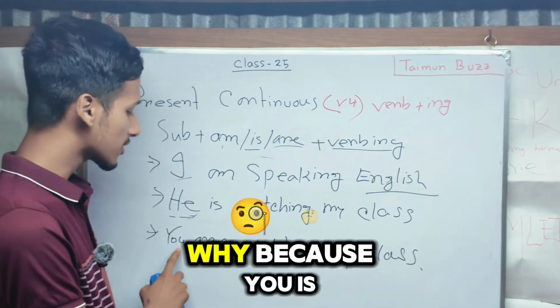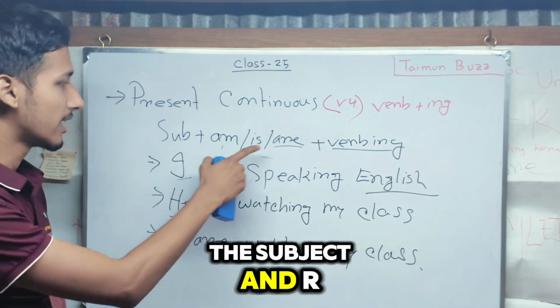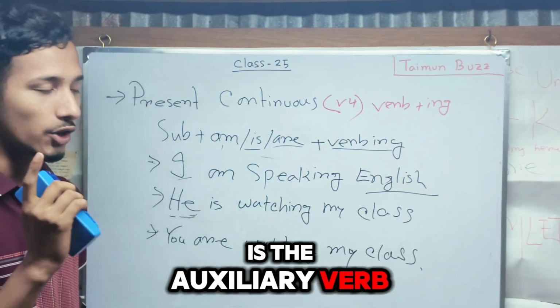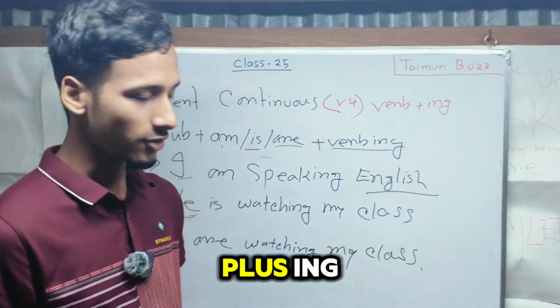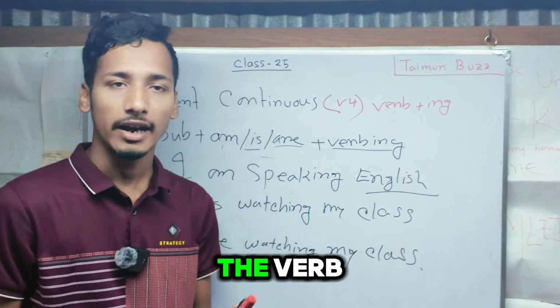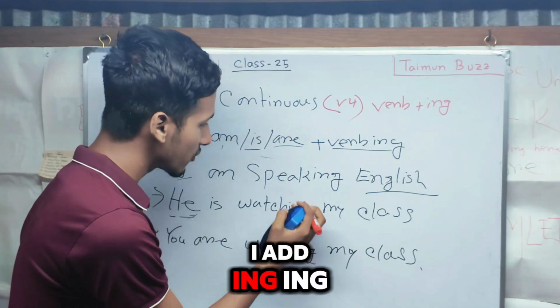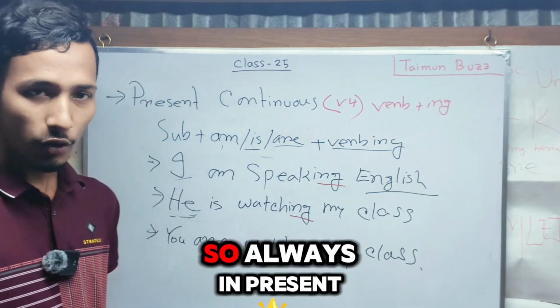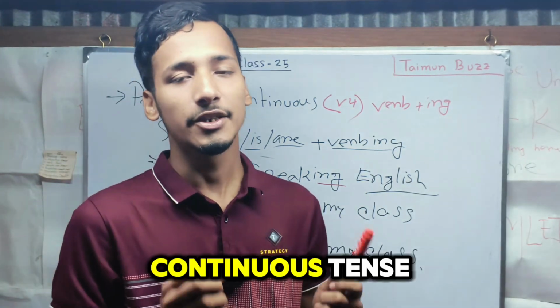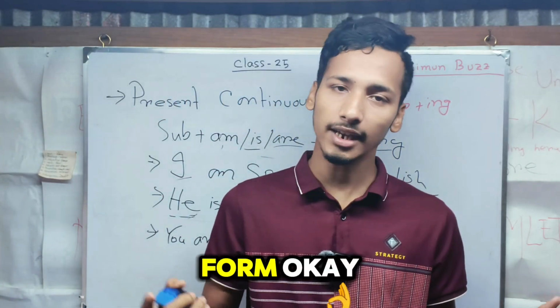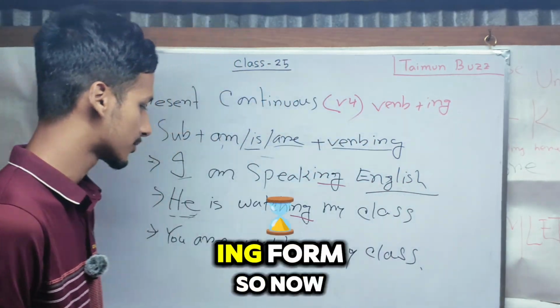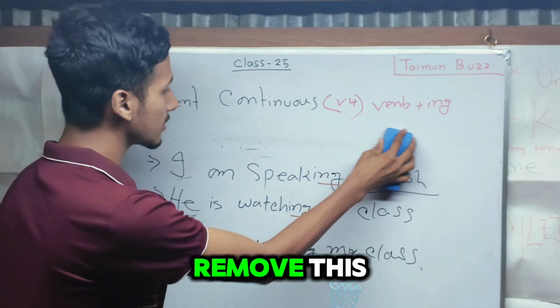Okay? Why? Because you is the subject and are is the auxiliary verb. Then we need verb plus ing. So here watch is a verb and with watch I add ing. So always in present continuous tense you can see the ing form. Okay? You can see the ing form. So now remove this,